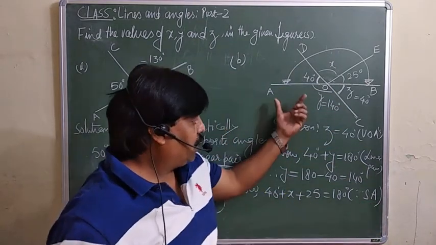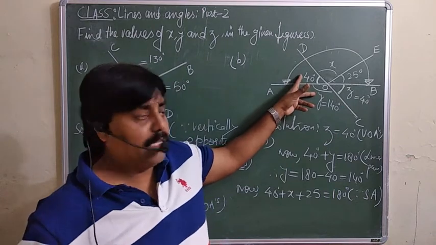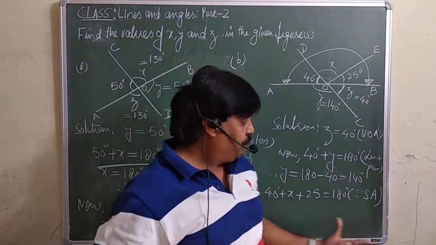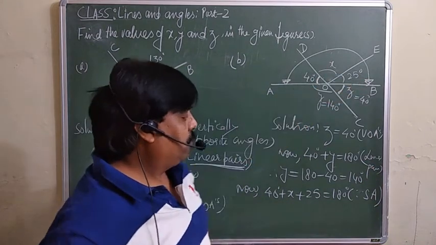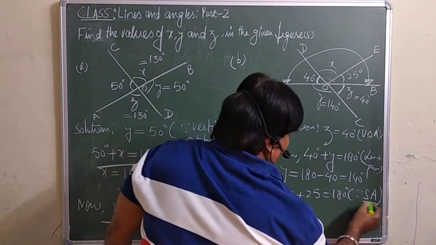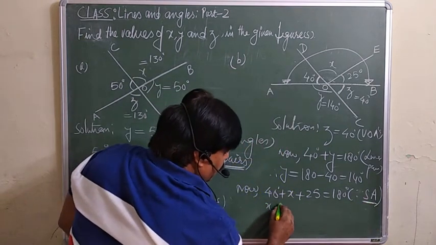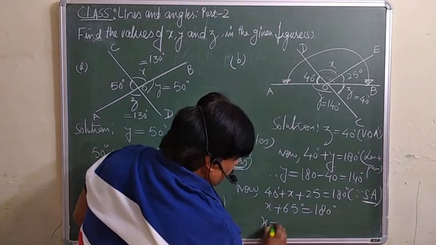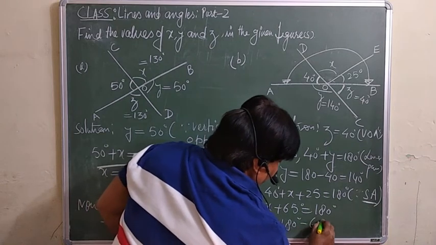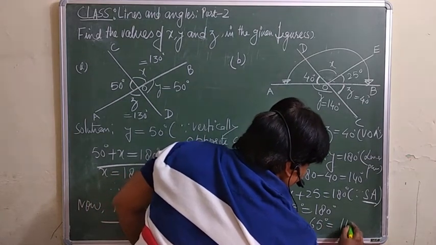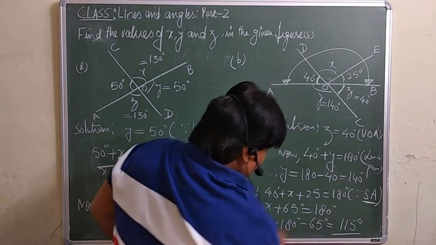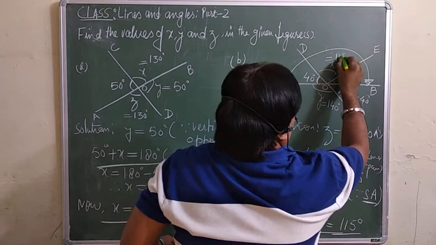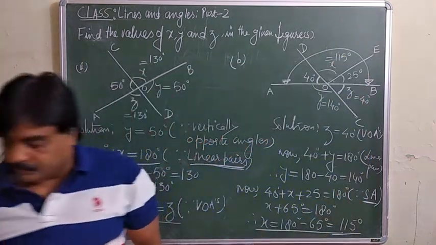इसको हम linear pair नहीं कह सकते. To become a linear pair, it is the sum of two adjacent angles. They should be adjacent angles. किन्हीं दो adjacent angle का sum 180, that is the linear pair. Here there are three angles, so the sum of this will be 180 by the straight angle. Now this is x plus 65. 180 you can transpose. x is equal to 180 minus 65, 115. So therefore x is equal to 115. So this angle is 115 degree. Now have a look.